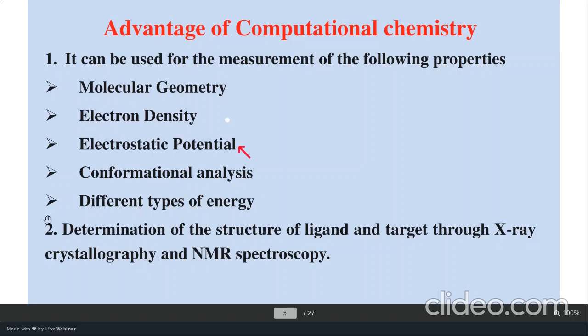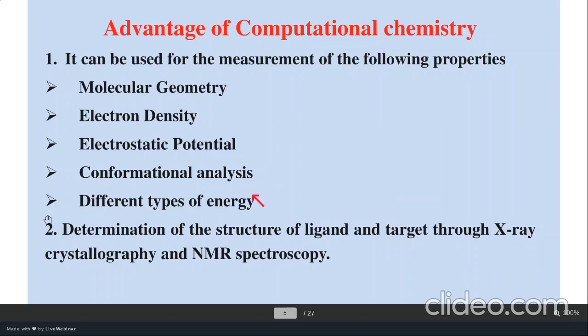By this, we can conclude that the red region is the most negative region, and the green region is the most positive region, and in the blue region there are some extra charges. And for conformational analysis, by using computational chemistry, we get IR spectra or Raman spectra from the software when we optimize our molecule. We already have the experimental IR spectra, and then we can compare them and confirm our theory.